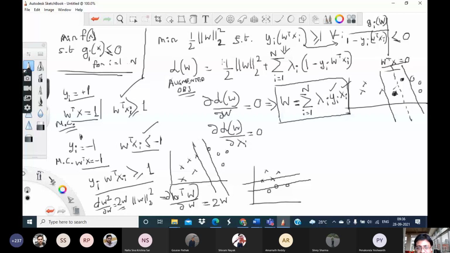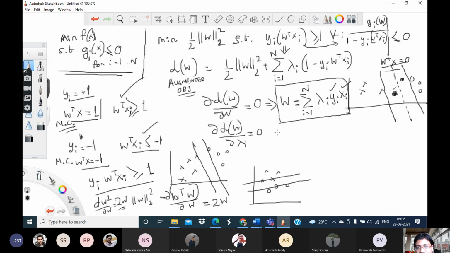But because I do not know lambda i, let me look at the other equations I have in the system. I differentiate this whole thing now with respect to lambda i. What do I get? Clearly this part does not contain lambda i. Now if I focus on this one, there are n terms in this summation. One has lambda 1, the second has lambda 2, the third has lambda 3, and so on. But when I focus on lambda i, i can take only one value, 1 or 2, etc. Whatever it is, there is exactly one term for which this is satisfied, and I am taking the derivative with respect to that term.